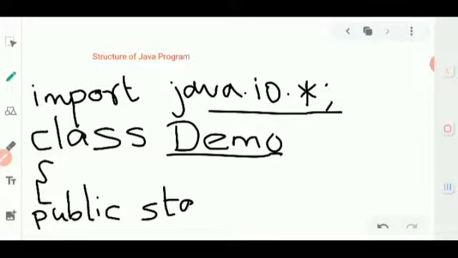Then static, the word static is used to load the main method in the beginning of the program itself. So public static, then comes void, then main,